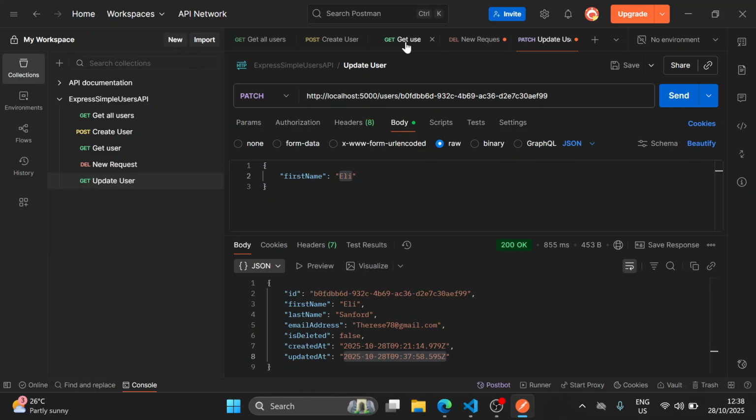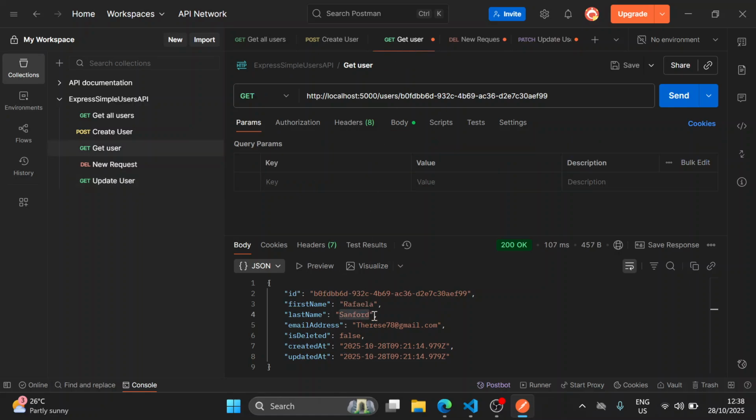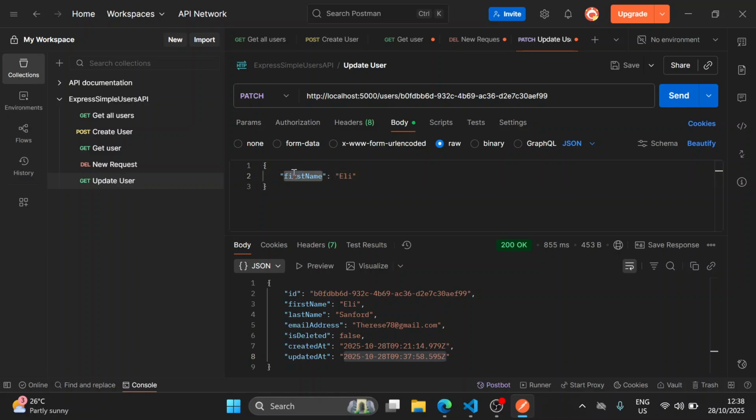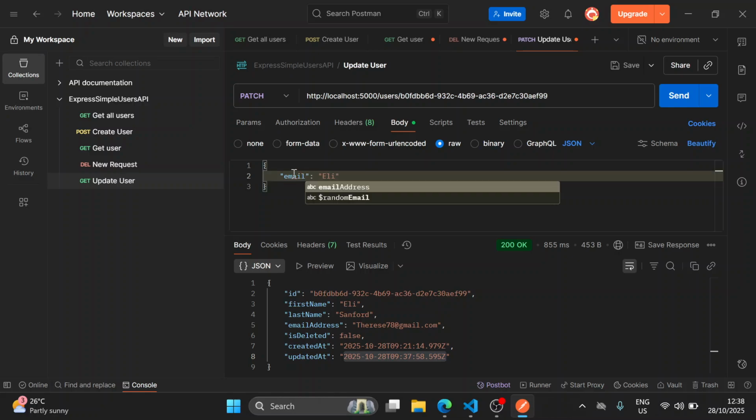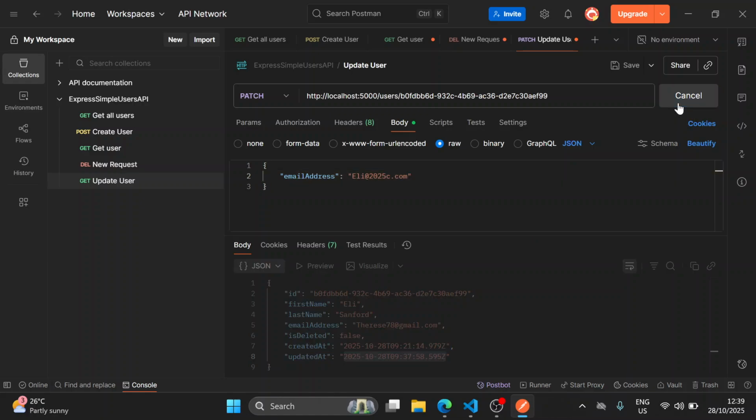And now if you go back here to getting that particular user, this ID, you'll now see it's going to be Li Sanford. And if you don't believe me, you can also try to work with the email address. So email address, maybe li at 2025c.com. Maybe just a dummy email like that one. And when we hit send, you'll now see that the email has been changed to eli at